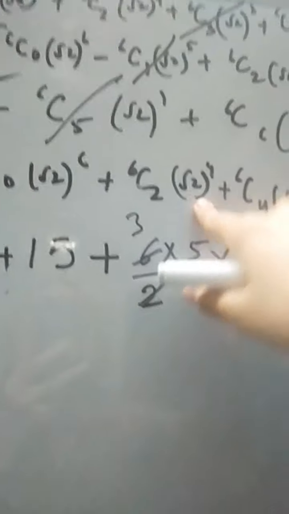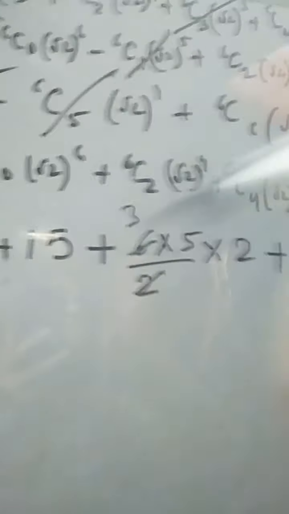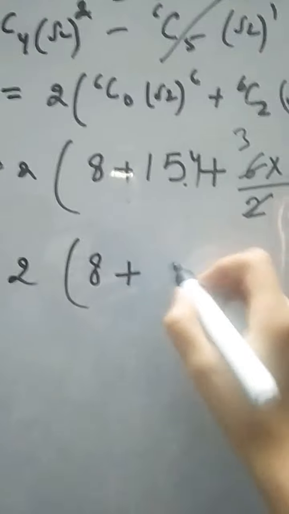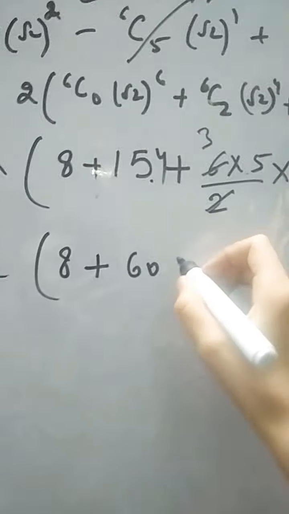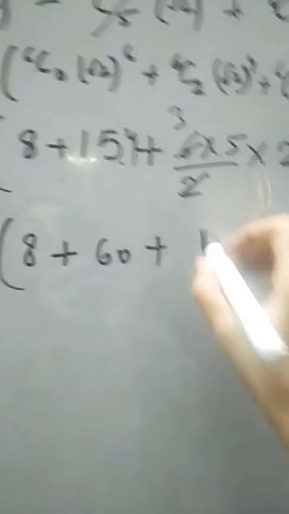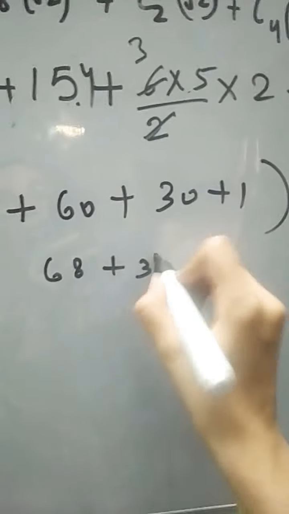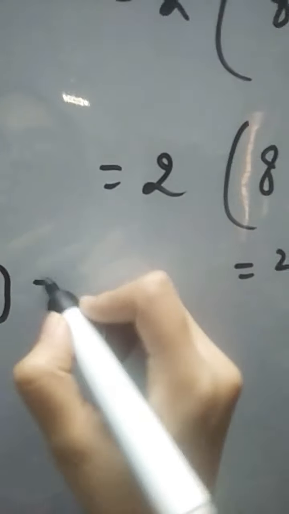So our root 2 raised to the power 4 is what? It is 4. I calculated it wrong, sorry. So this is 8 plus 60, since 15 into 4 is 60. Plus we are having 30 plus 1. So this will be 68 plus 31, into 2 is equal to our greatest integer function, which we have to find,